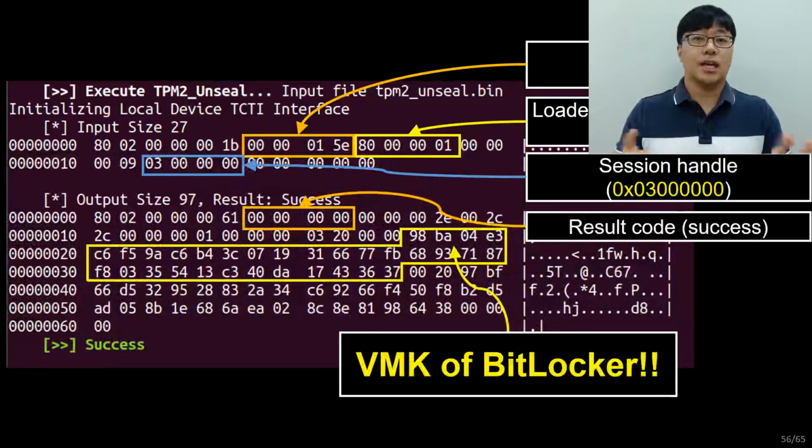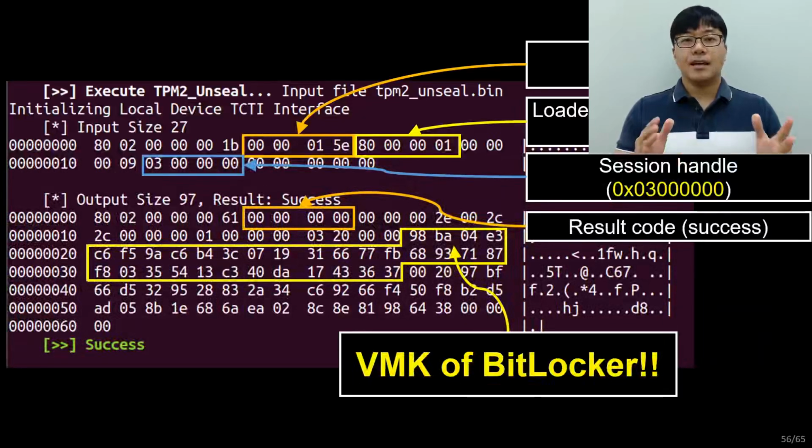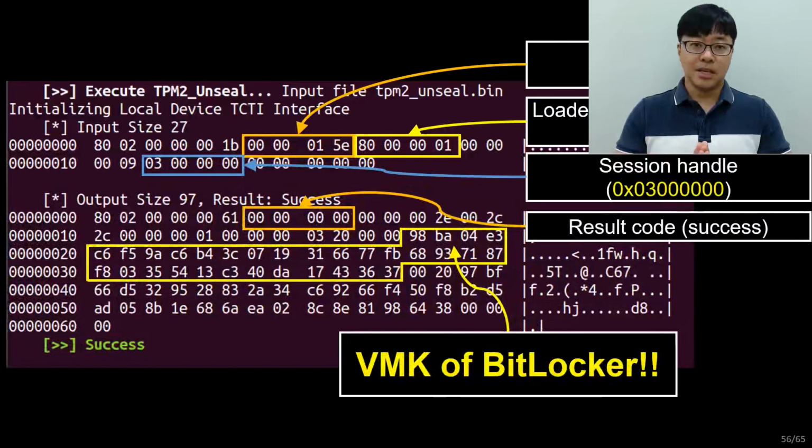Whew. It was a long journey, right? If this was the last page of my journey, I couldn't be here as a speaker. I tried to find where the public and private data of the sealed VMK were, and I also tried to find where the PCR policy and bitmap were. This is very, very important, because if I find this information, I can extract the VMK from other PCs. And the location is